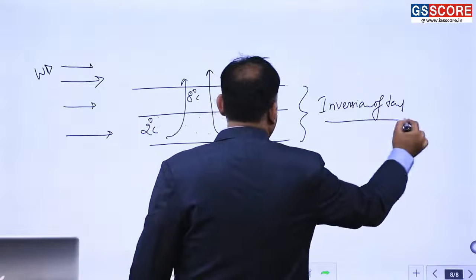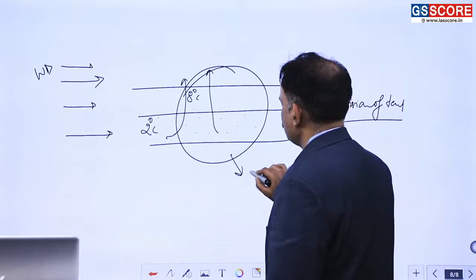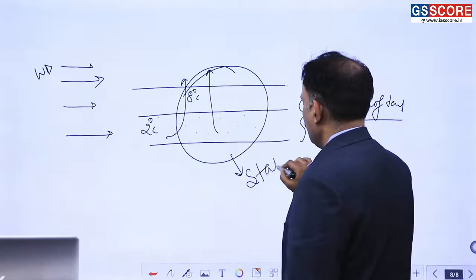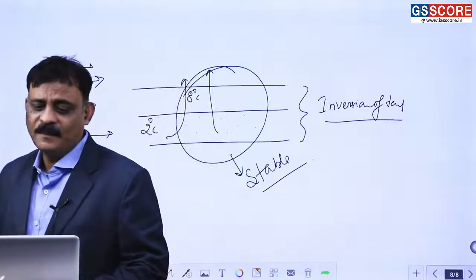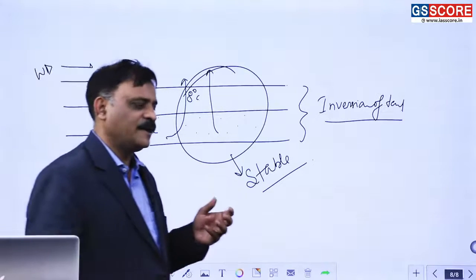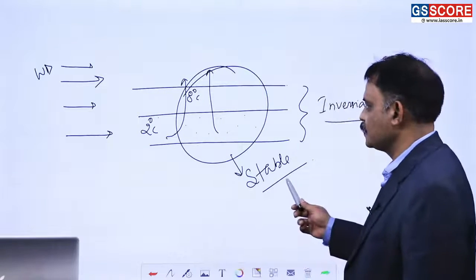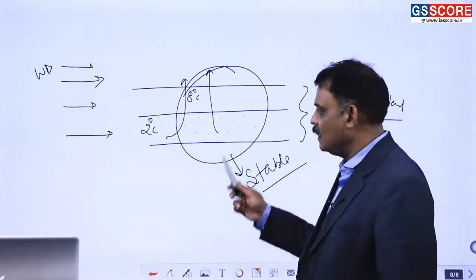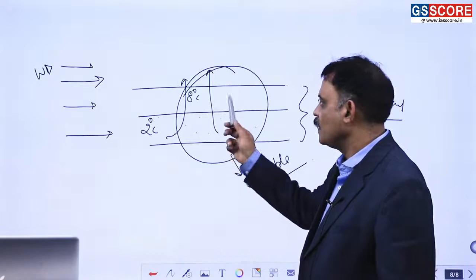तो ये वेस्टर्न डिस्टर्बेंस क्या करेगा, ये एरिया क्या बन गया, इन्वर्जन ऑफ टेम्परेचर का। और ये जो इन्वर्जन ऑफ टेम्परेचर की कंडीशन होती है इसको स्टेबल कंडीशन कहा जाता है। अब ध्यान रखिएगा, स्टेबल का मतलब ये नहीं है कि अच्छी कंडीशन है। कई बार ऐसा होता है कि हम स्टेबल का मतलब अच्छे से जोड़ लेते हैं और इनस्टेबिलिटी का मतलब हम बुरे से जोड़ लेते हैं। ओके, जब भी स्टेबल एनवायरमेंटल कंडीशंस होती हैं तो उस कंडीशन का मतलब ये होता है कि नीचे की एयर ऊपर नहीं जा रही है, नीचे की एयर नीचे ही है और ऊपर की एयर ऊपर ही है।